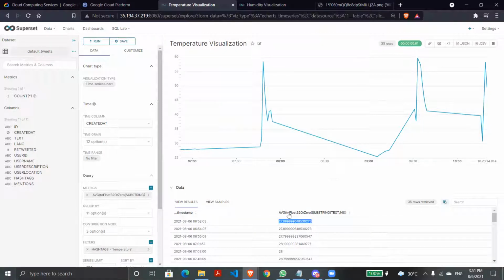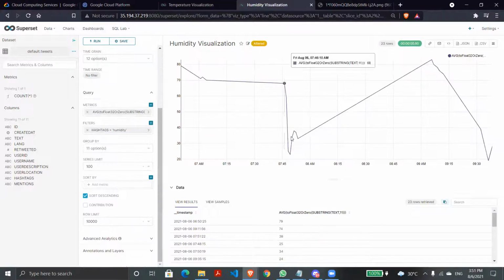So we'll be converting the string to float 32. Then in humidity, we'll be representing it as 11 because after 10, we'll be having ASCII values as A, B, C, D as 11, 12, and it goes on. So with respect to that, this being noted, here in humidity visualization, as the humidity is decreasing, the graph also decreases and increases respectively. And this is the visualization part of our real-time streaming.